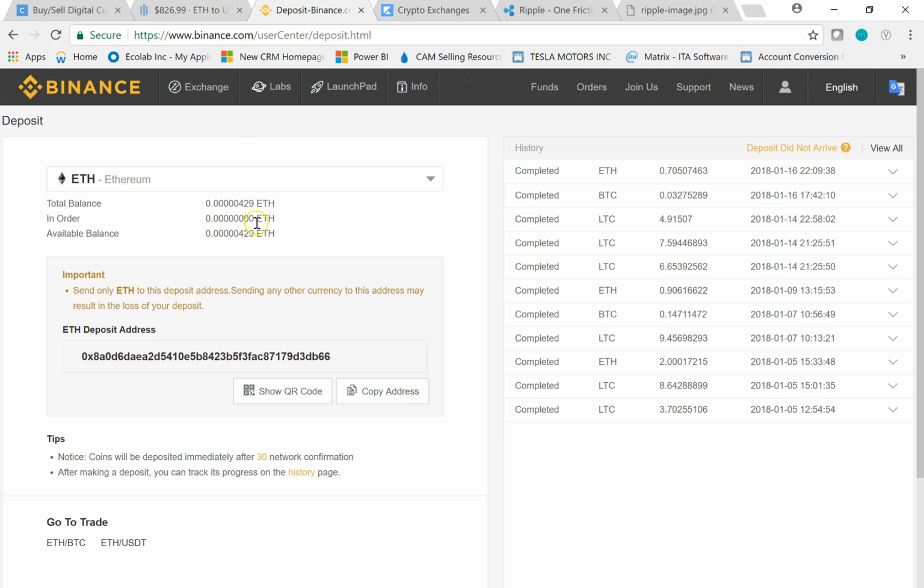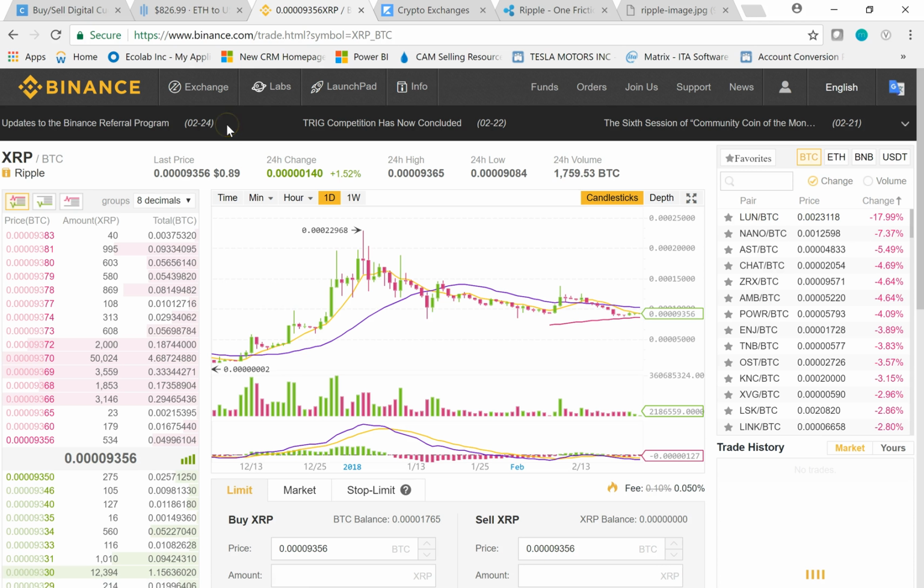So the next thing, the Ether is going to come into our account. And then we're going to go to the exchange. And I'm going to use the basic exchange. It will load, and you can see it already pulls up because I was looking at it earlier, XRP or